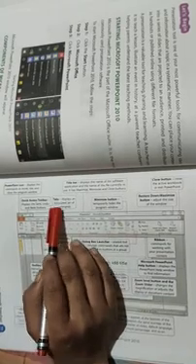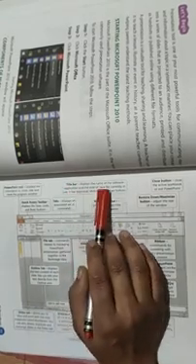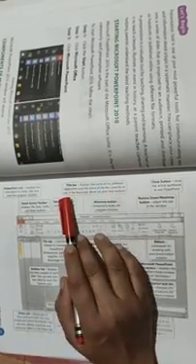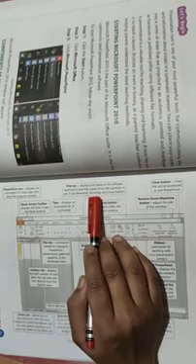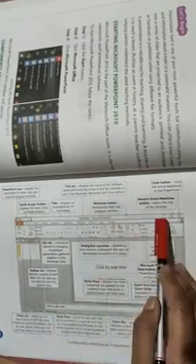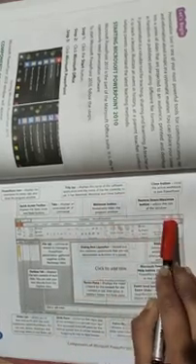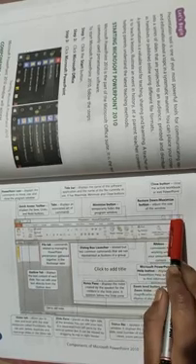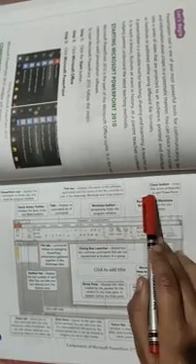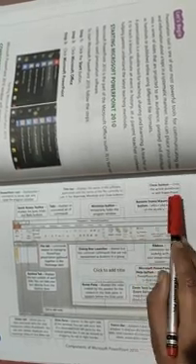Okay. And these are the tabs. Each displays an associated set of commands. And this is the title bar, which displays the name of the software application and the name of the file currently in use. It has maximize, minimize and close buttons. This is the minimize button, this is the maximize button and this is the close button. Okay, the close button closes the active presentation or exits PowerPoint.